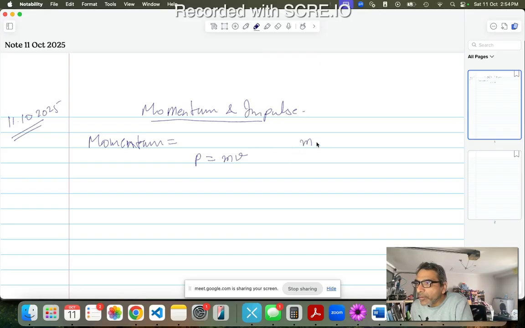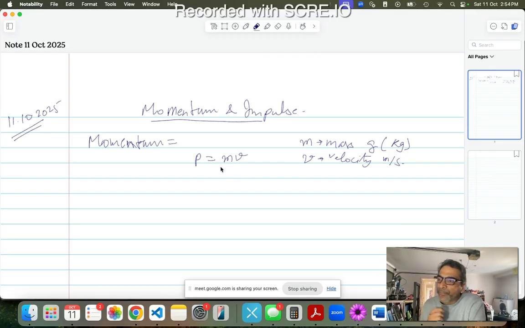Where m is mass in grams or kilograms, and v is the velocity, in meters per second, right? As we will learn about torque and equilibrium, those will be applied here too, and it will say that